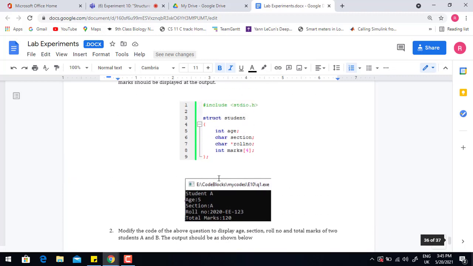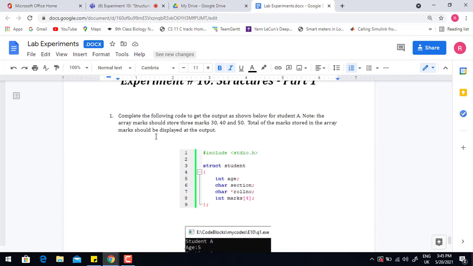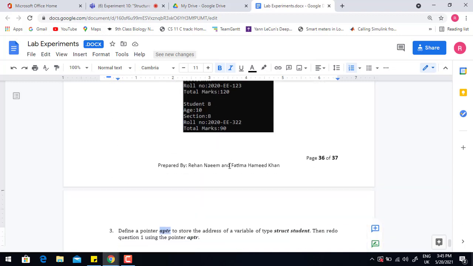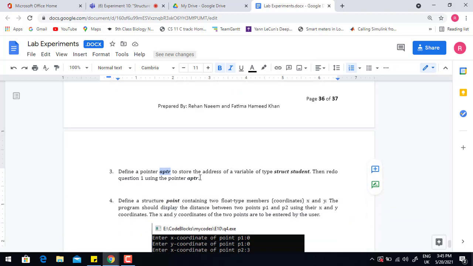And then redo question number 1. So you have to redo question number 1 using pointers. Pointer to structure of type student. So pointer concept is used in question number 3.